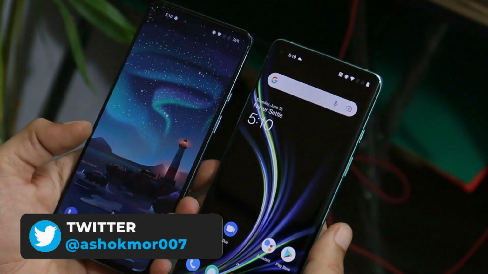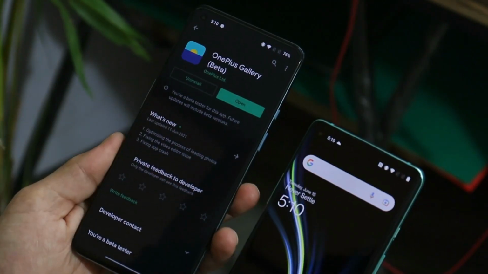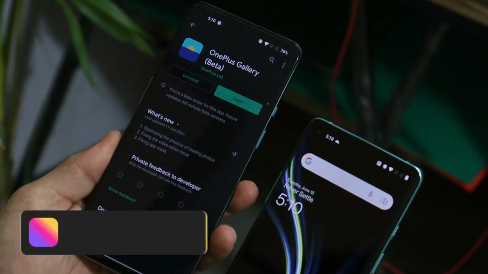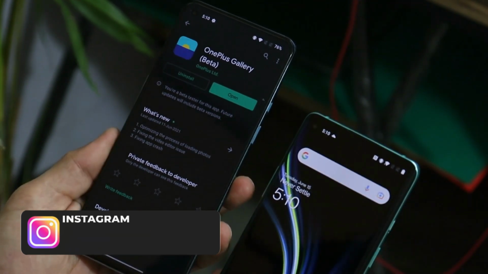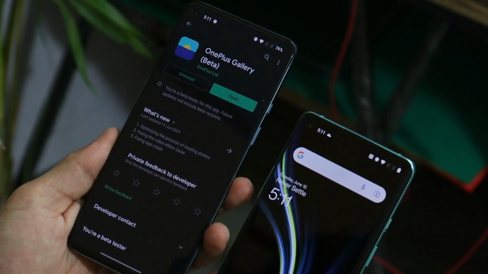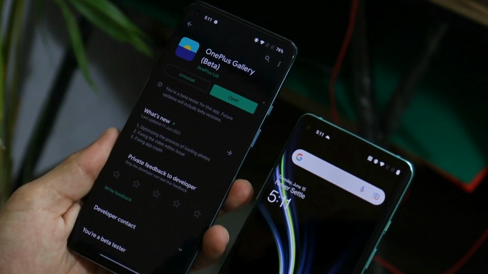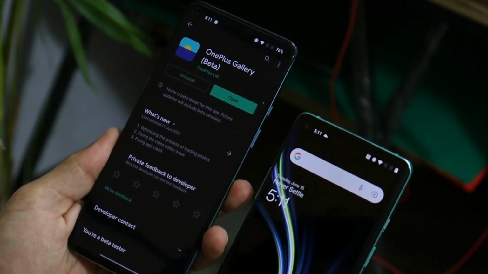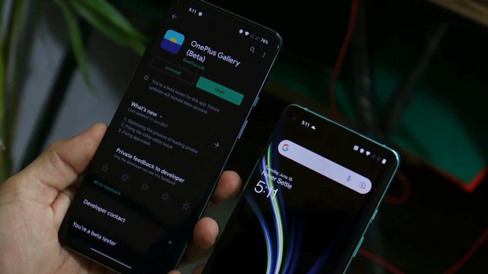First let me show you what all changes have been done in the latest gallery application. I've directly received it via Google Play Store, but if you are not in the beta testing program, then you won't receive the update. But still, you can easily install this update on any of your devices, I mean to say any OnePlus device running Oxygen OS 11. I'll provide the download links in the description below. Just download and install the APK manually. We'll also show you installing the same application on the OnePlus 8 and OnePlus 7 series.